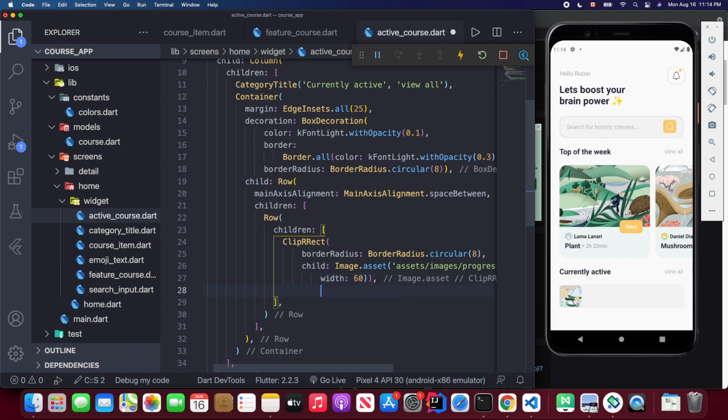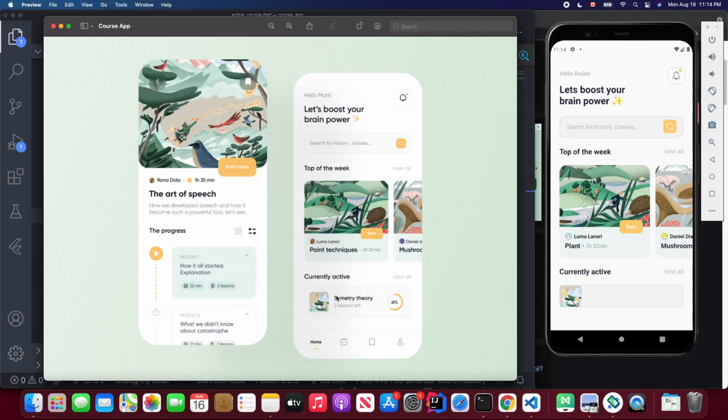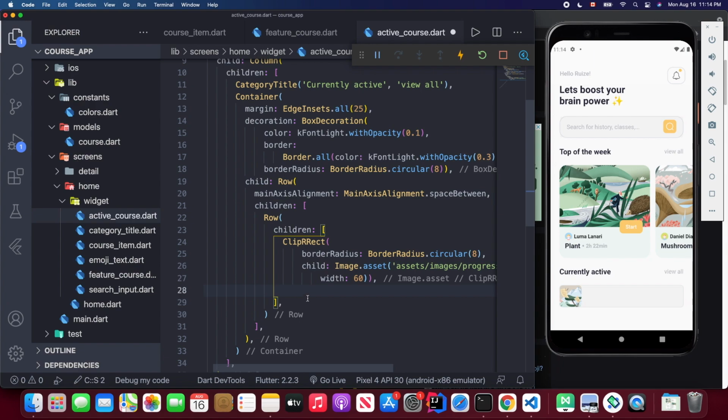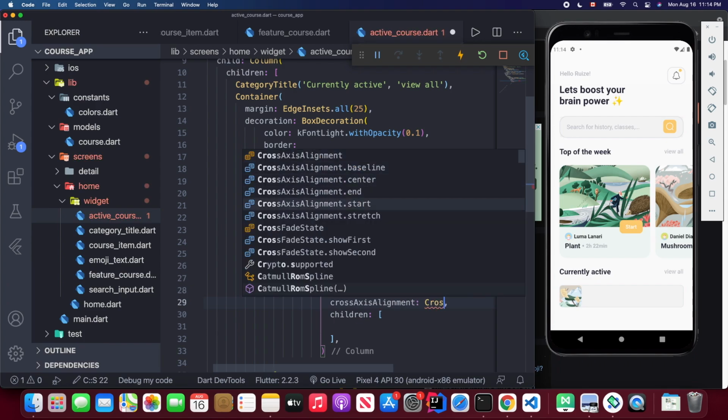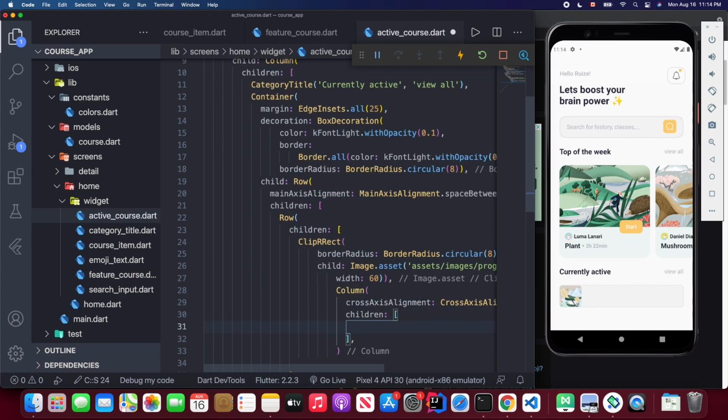After this image, we have another column and 2 text. So I'm going to use the column widget and implement this children attribute, and also the alignment will be crossAxisAlignment.start